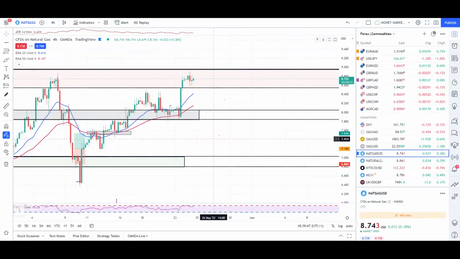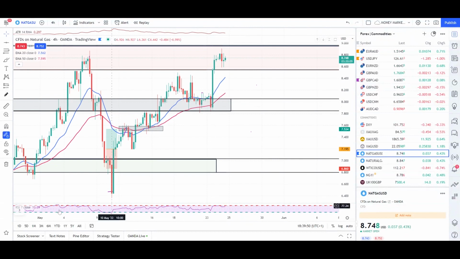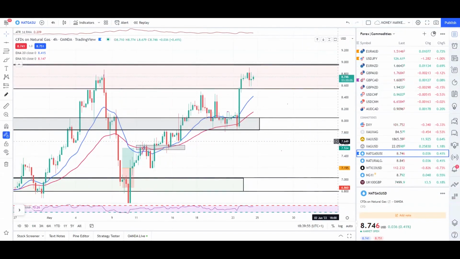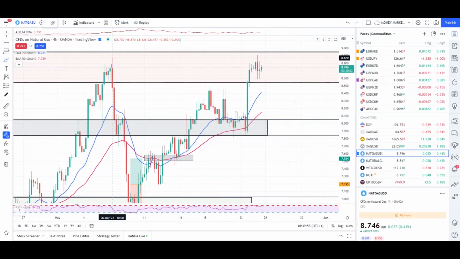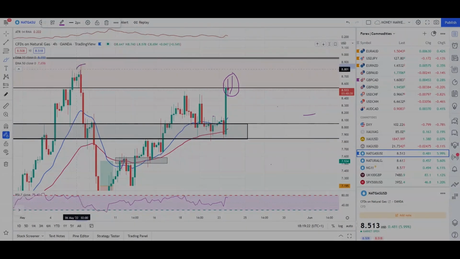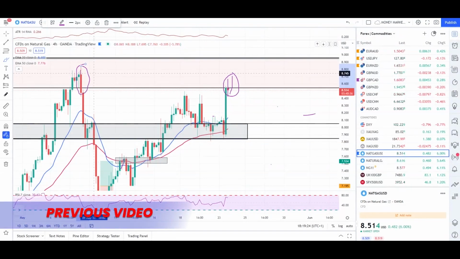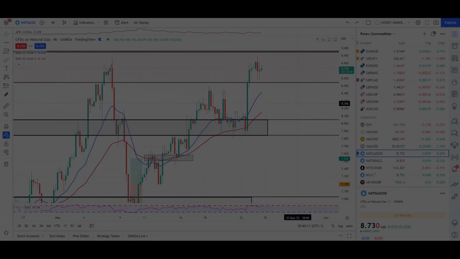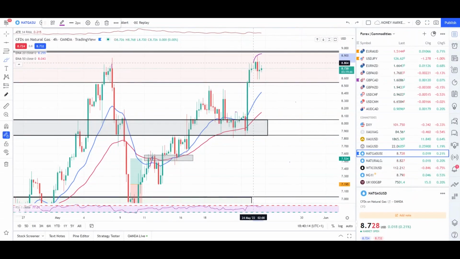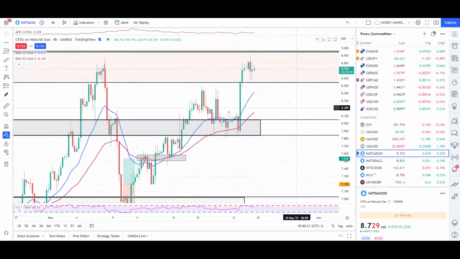And right now, after a long talk, let's start our analysis with natural gas. So if you remember my yesterday's video, I said that we should wait for a good entry reason, something like this. And I clearly said that if you get a move like this, you can see this move, green and then red. So if you get something like this here, similar to this, now we can either see this condition, or we can see a push back down, pull up, and then we can see a double top move, my favorite way of entering. So exactly, you have an engulfing candle, a good entry condition. Yes, that met my rules, and that is what I was waiting for to enter my trade.